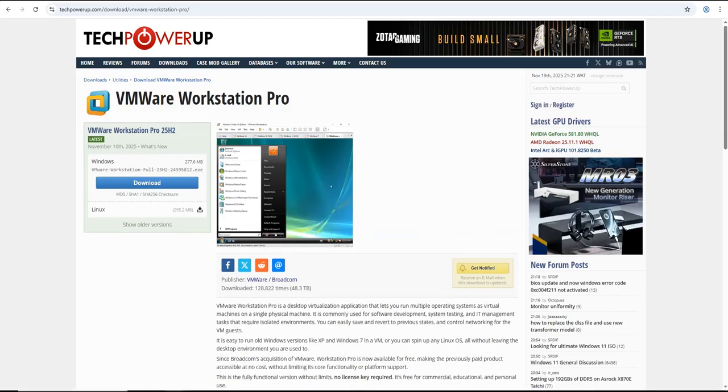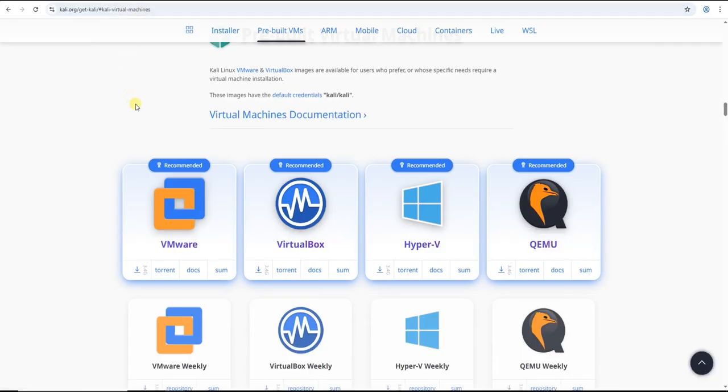In this video, I'm going to be showing you how to install Kali Linux on your computer. So first thing I want you to download is the workstation. So we are installing the VMware. So you need to install the workstation, and you can get it from here. And also you need to download Kali, the VMware machine,